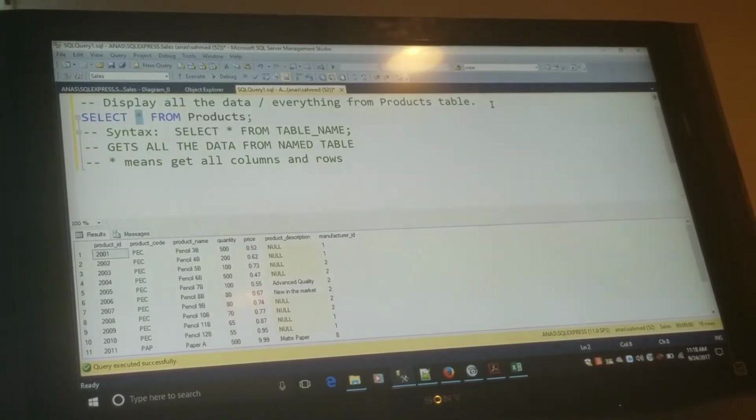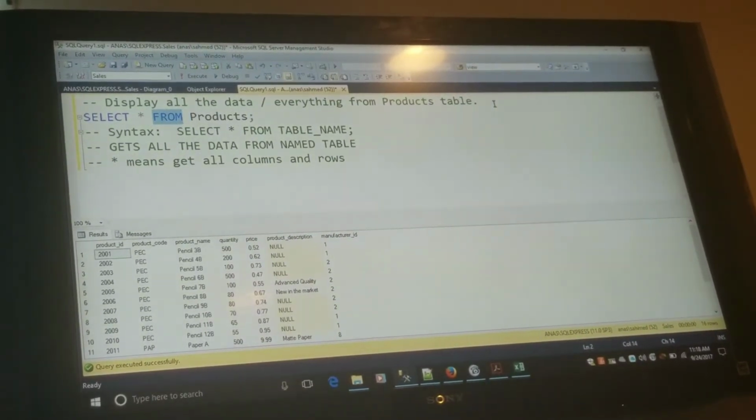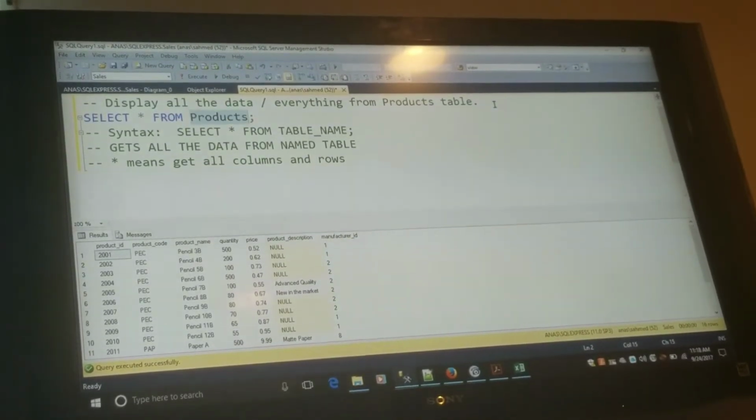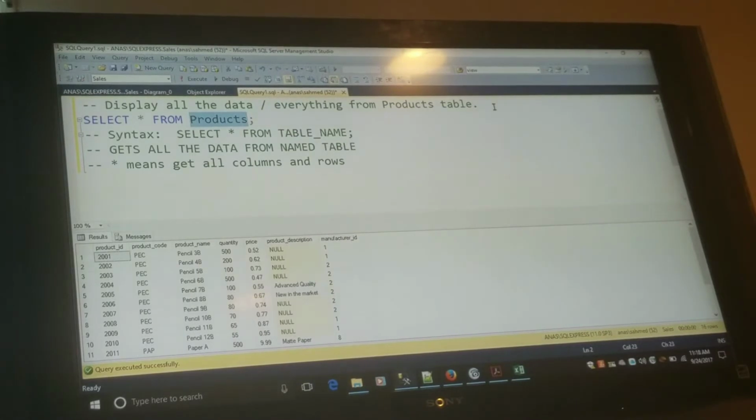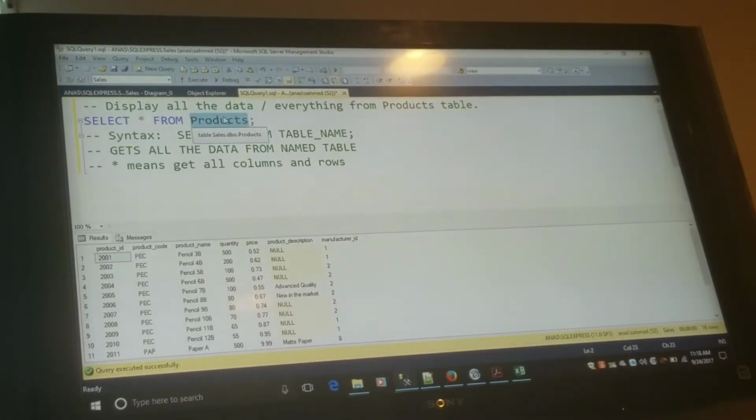Star means everything. So when you say select space star, star means everything. Give me everything. From where? Another keyword: from. From where do I get everything? From this table. Whatever the table name is, you write the table name. In our case, products. If you have some database, you figure out the name of the table and